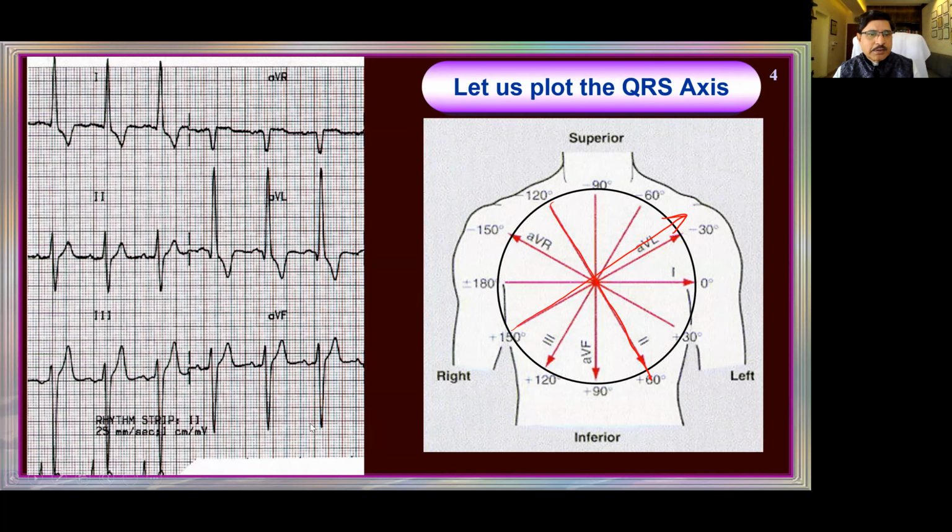Whichever is the tallest. This is around 1, 2, 3, 4. That is 5 into 5. This is 1, 2, 3, 4, 5, 6, 7. Even more. This is 8 into 40. So L3 appears to be the tallest among all the leads. Even AVL also. 1, 2, 3, 4, 5, 6, 35. This is the tallest. But it is on the negative side. L3, this is the L3 lead.